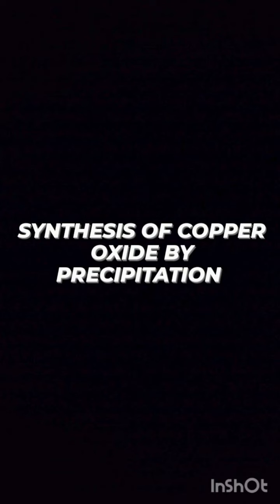The synthesis of copper oxide by precipitation is a widely employed method to produce copper oxide nanoparticles with controlled size and morphology. This process involves the precipitation of copper ions from a soluble copper salt solution through the addition of a suitable